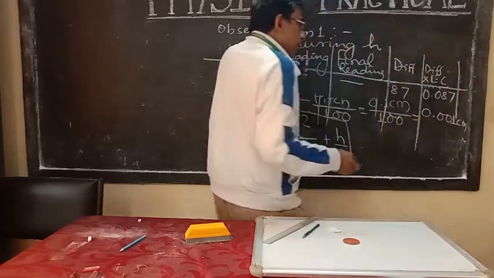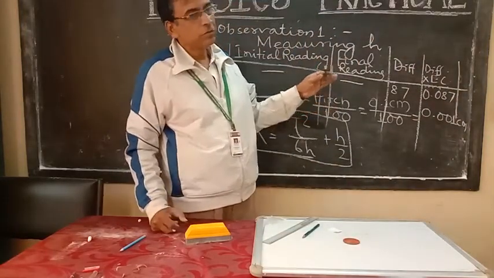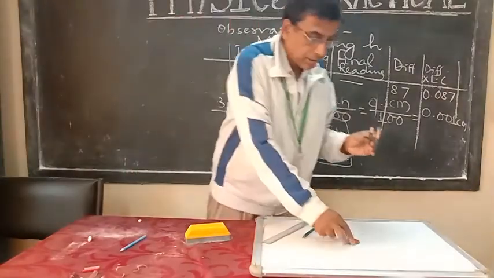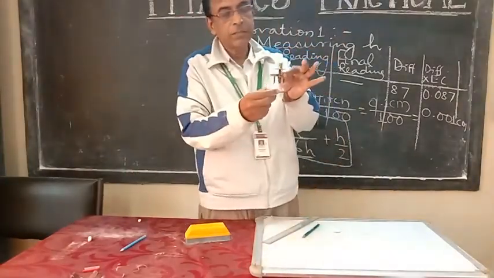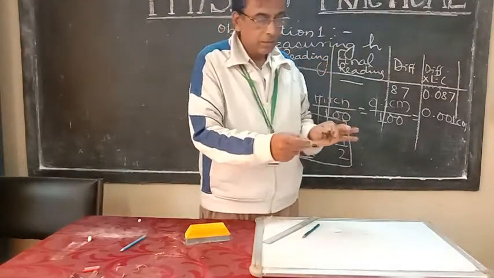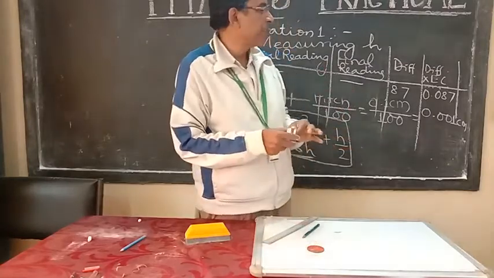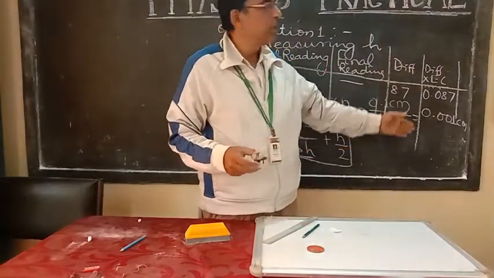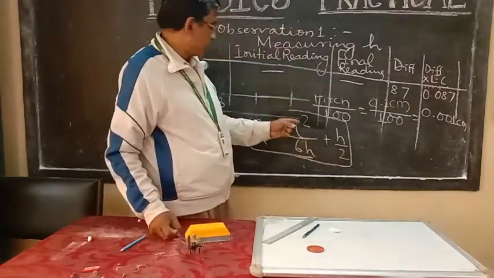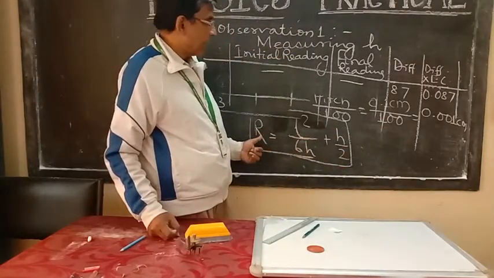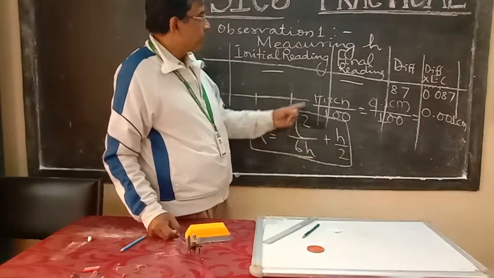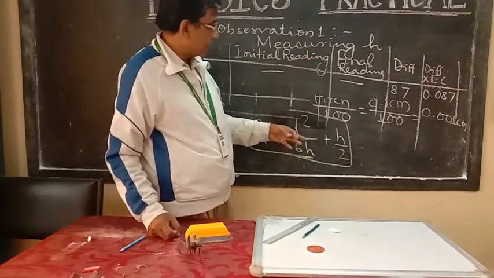And repeat this for 3 or 4 or 5 observations in different places. Change different places, take 3 to 5 observations and take the mean. You will get the result of h. Then you put this formula for the radius of curvature. You will get the radius of curvature. L from the first table and h from